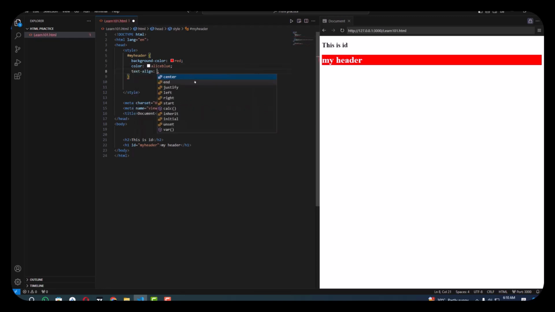Okay, the text alignment should be center. As you can see, we read about block elements, so it is a block element. It takes all the space from right to left, so you can move it here and there, it's up to you. So that's called ID. Right now that's enough, and in the next lesson we will read about tables and then forms,